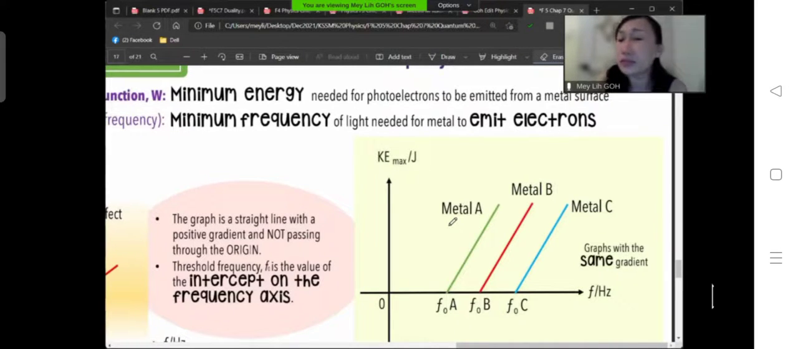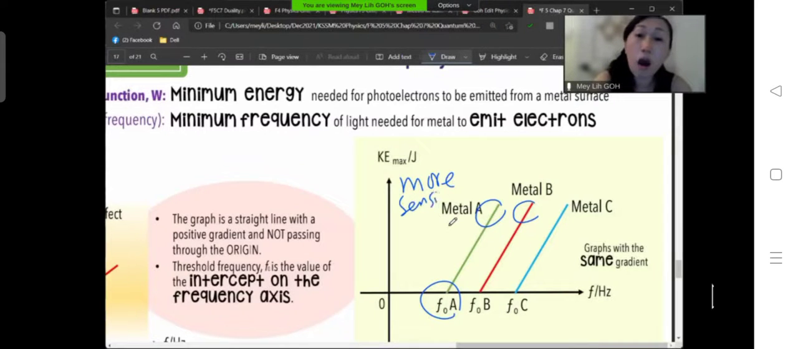It means that as you increase frequency, the kinetic energy of the electron will increase. So what is the difference between metals? It's where they start, the threshold frequency. So what's the difference between these three metals? It's the sensitivity, which is not the same. Metal A is more sensitive to light and therefore shows the